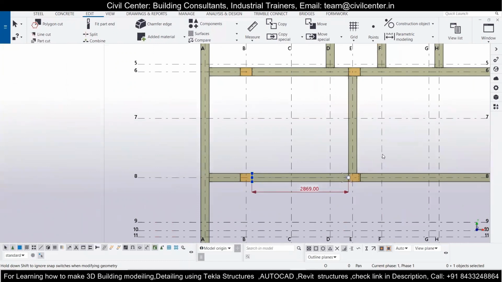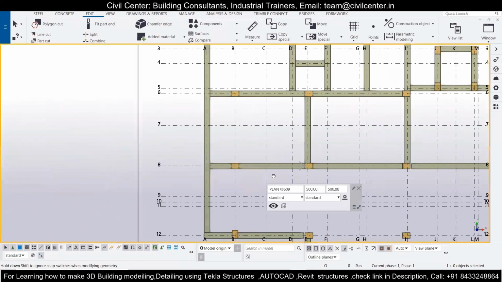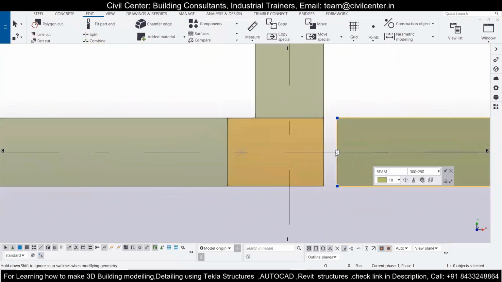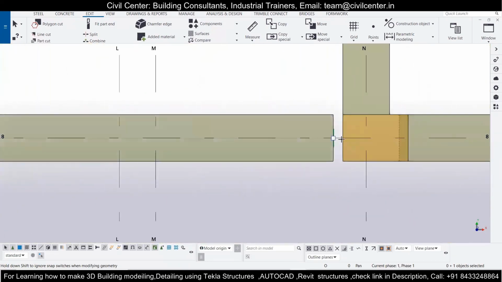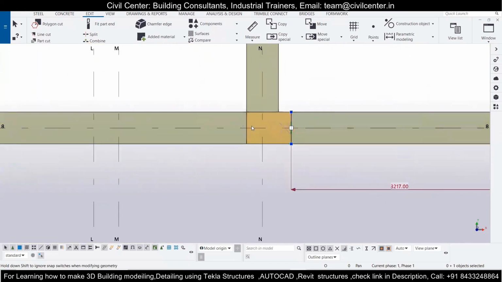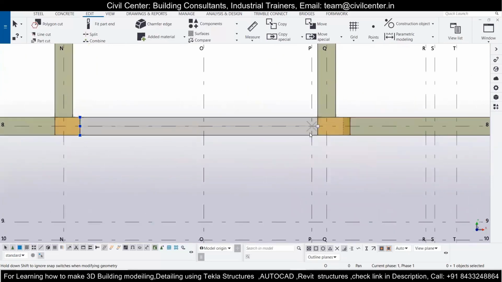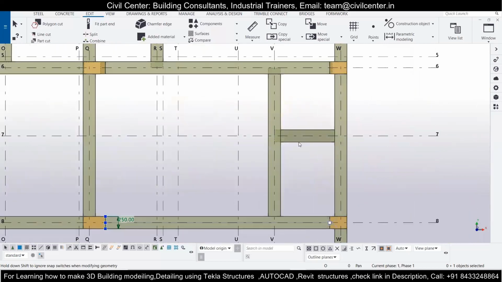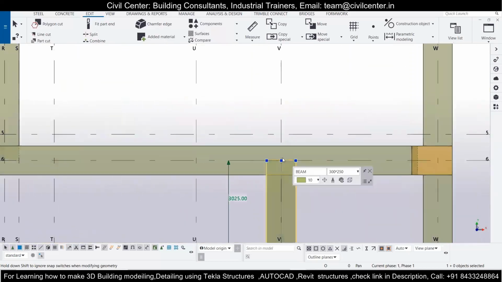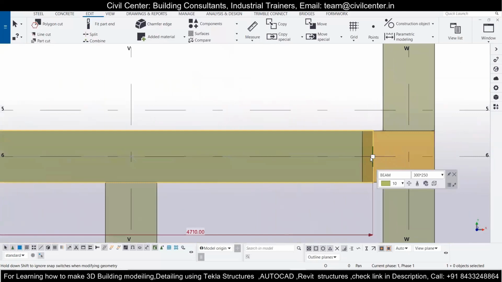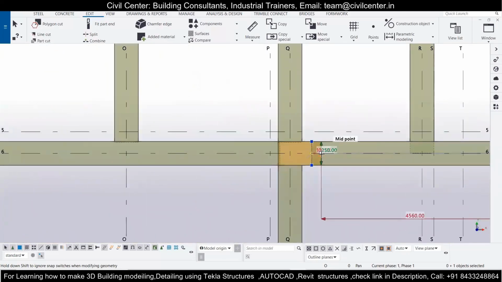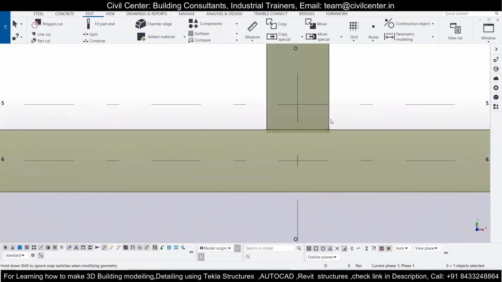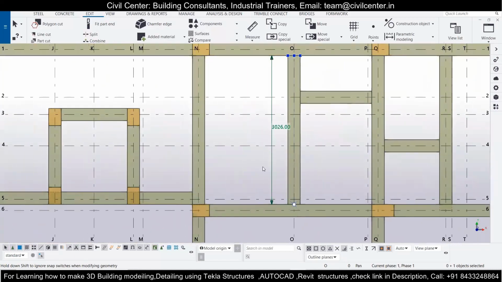Now I will try fixing all other beams that are here in my Tekla Structures model. This is the column, and I have to reduce the size of the beam from here and elongate it on the other side. Similarly, I will check the sizes of each and every individual beam and column, and I will simply fix them. Columns were checked while modeling the roof beam and correcting the model, and now I am working on the plinth beam over here.